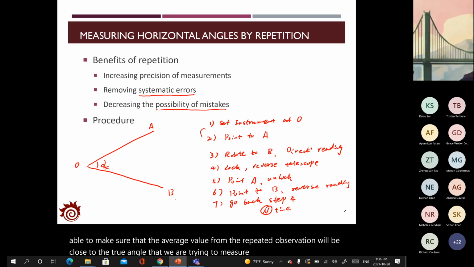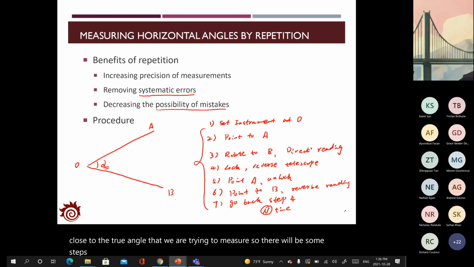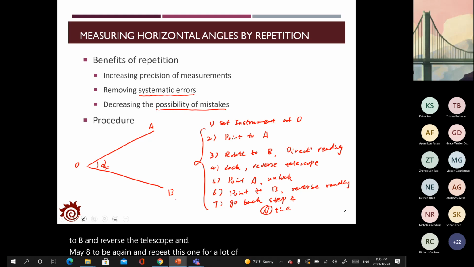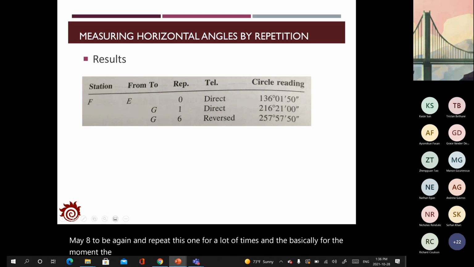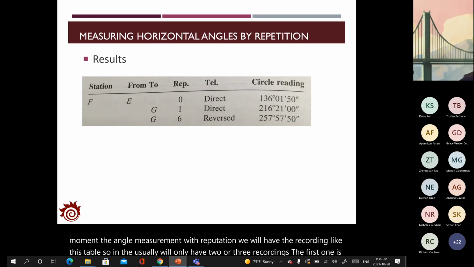So there are some steps to conduct the repetition. We first measure the angle from A to B, then reverse the telescope and measure A to B again, and repeat this many times. For angle measurement with repetition, we will have the recording like this table. Usually it will only have three recordings. The first one is the first direct reading,